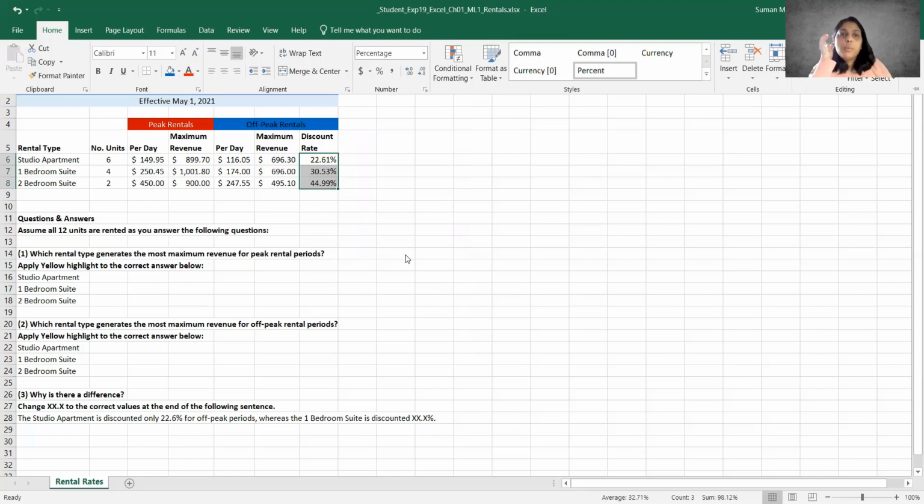So regardless of if you went through the drop-down menu and you chose percentage with the 2 decimal places, or if you chose this icon and it rounded up to the nearest whole number, you're going to have to either reduce or increase the decimal place. So this will increase my decimal by 1. This would reduce your decimal. So I could increase it regardless. You want to make sure that your screen looks like this. Step 12.